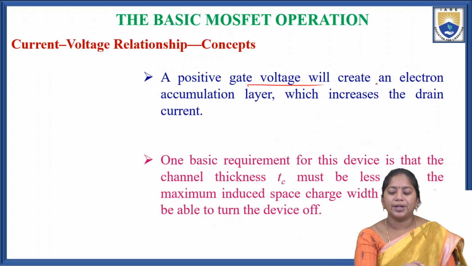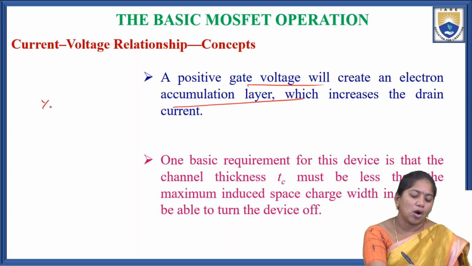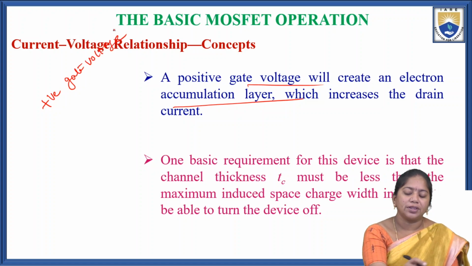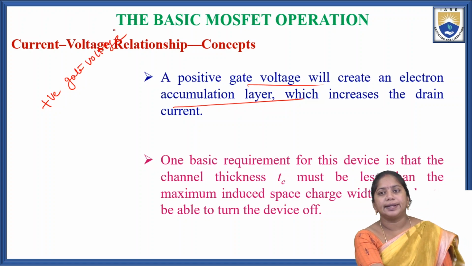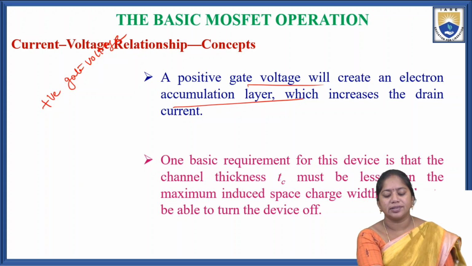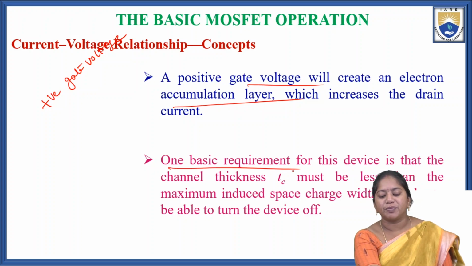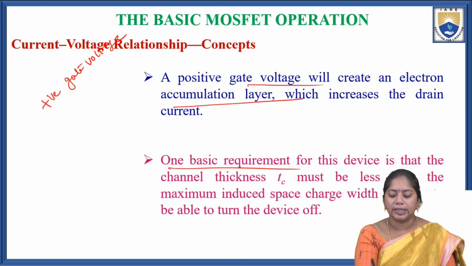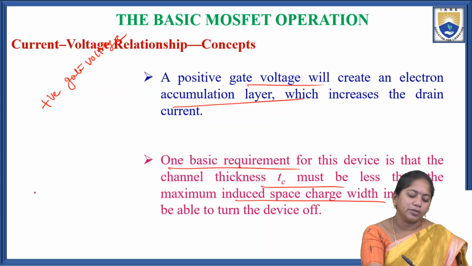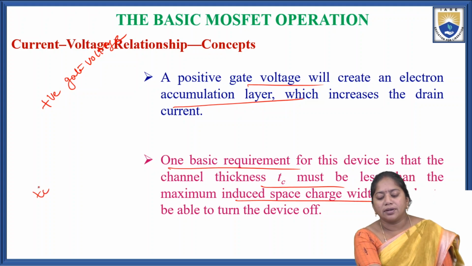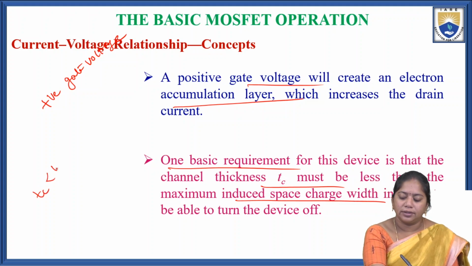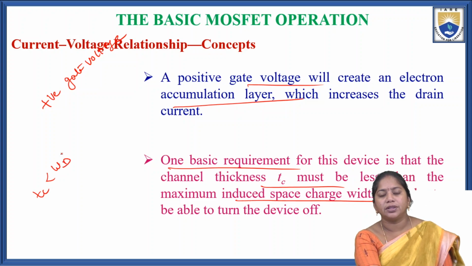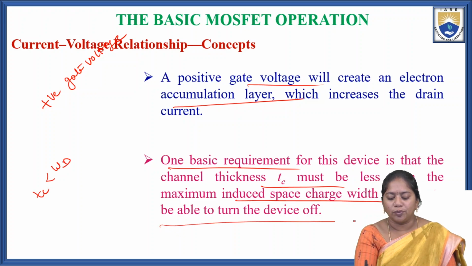So a positive gate voltage will create an electron accumulation layer, which increases the drain current. One basic requirement for this device is that the channel thickness Tc must be less than the maximum induced space charge width, the space charge region width WD, in order to be able to turn off